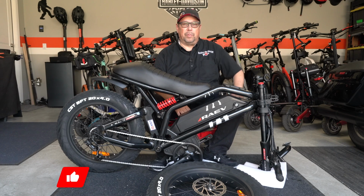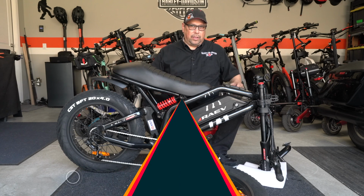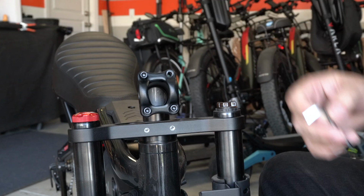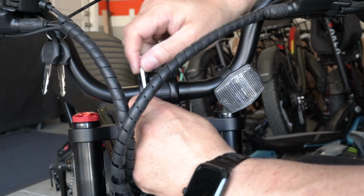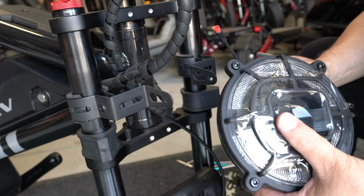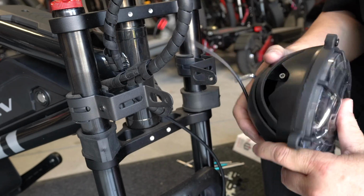Okay, now that everything has been unpacked and cleared up, it's time to bring the camera in closer and get everything installed. Handlebar. Remove the handlebar clamp at the top of the stem, place the handlebar back in, and reattach the clamp. Front light. Okay, so to get the headlight on, you're going to want to remove these screws that